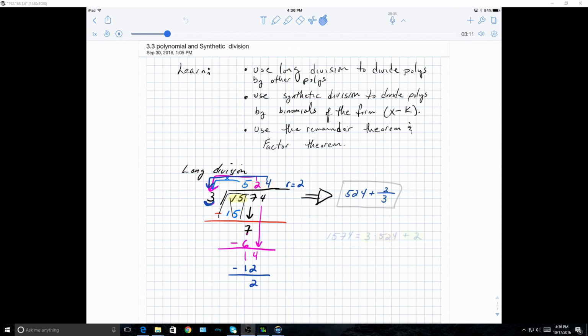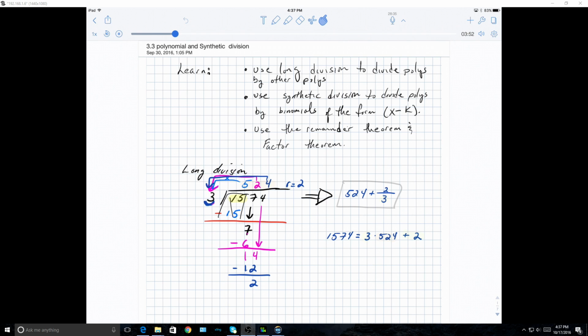But this is very important because one of the things that we can see is that we're generating factors. And if we look at this, we can see that 1574 is actually equal to 3 times this beastie here. So we have times 524. And then what we have to do is add 2 to it. And if we do all this out, we are in fact going to come up with the same value,